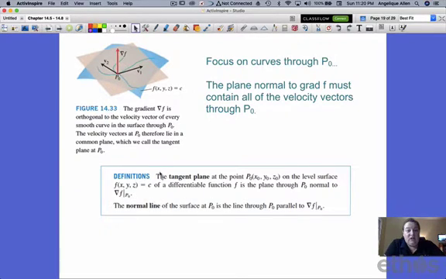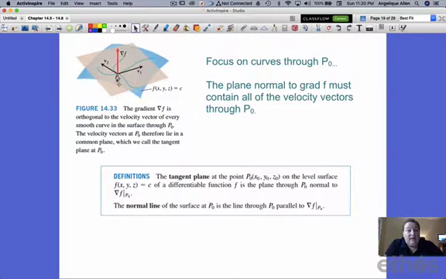So we have a definition that we can work with here. The tangent plane at the point P naught on the level surface, the blue level surface f of x, y, and z equals c, of a differentiable function f is the plane through P naught normal to the gradient at